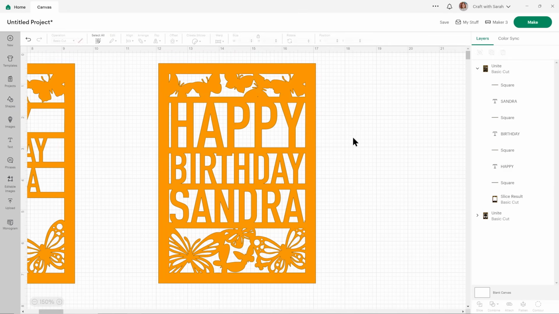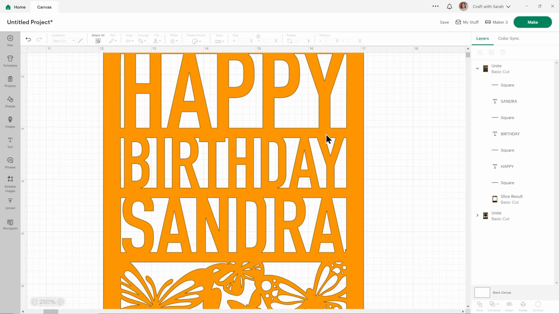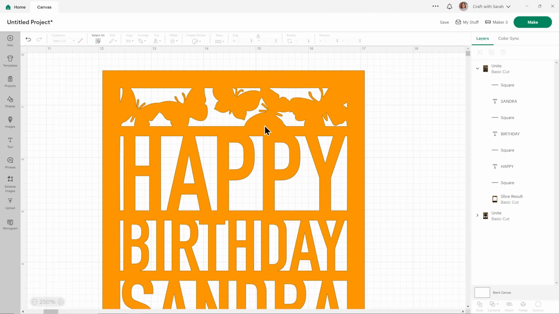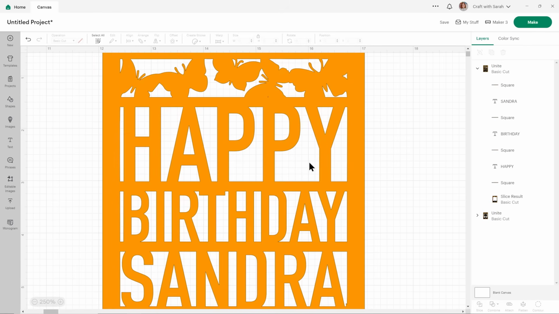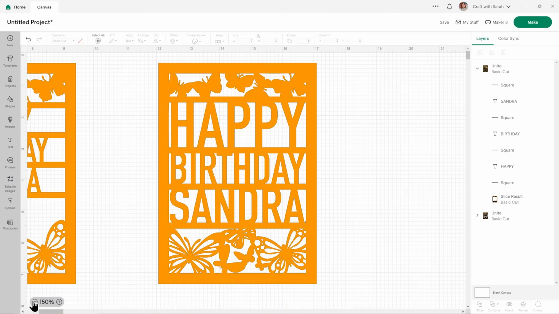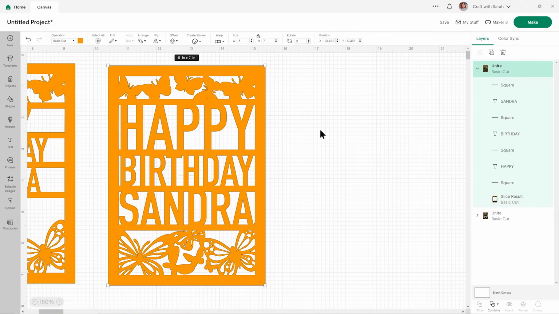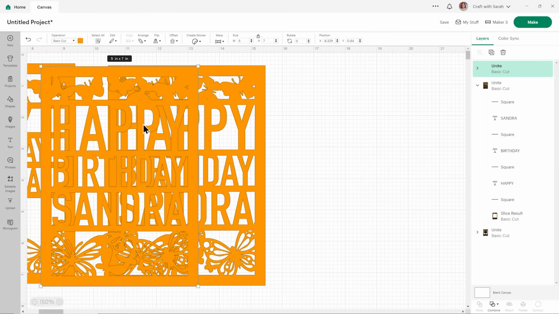And then I've got a couple of tiny gaps in here which I would want to remove because the Cricut would struggle to cut them. So for example, there's one here just in that tiny wing and also one here. If you're definitely happy with your positioning, or you could make a copy, so let's duplicate it.